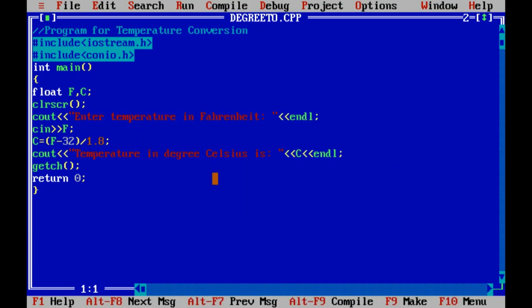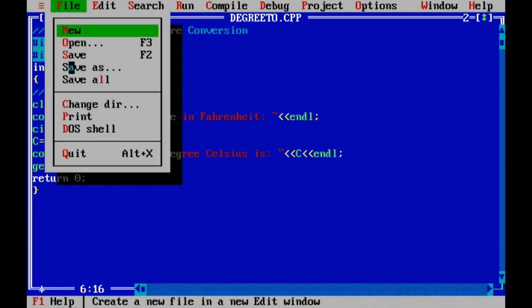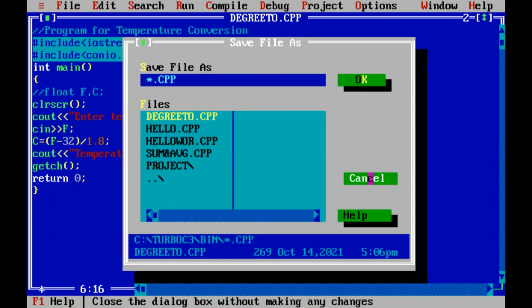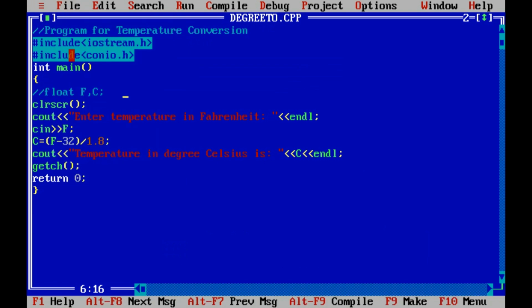Now let's see what happens when we do not declare the variables. For example, this is the variable declaration statement and we are not declaring. For example, we will make it a comment. Comments are not executed by the compiler, they are not executable statements, so this will not be considered. It will be considered as a comment only, just like our program comment. So we will save this file, then we will compile.